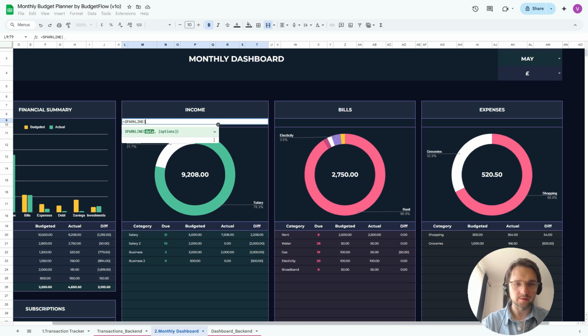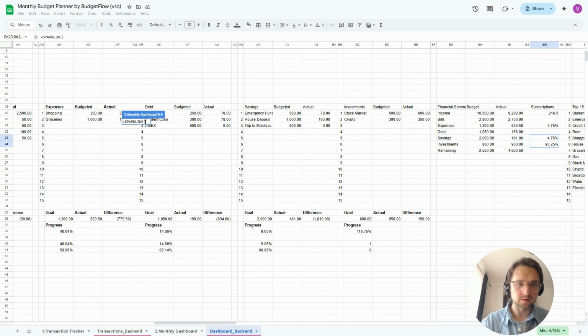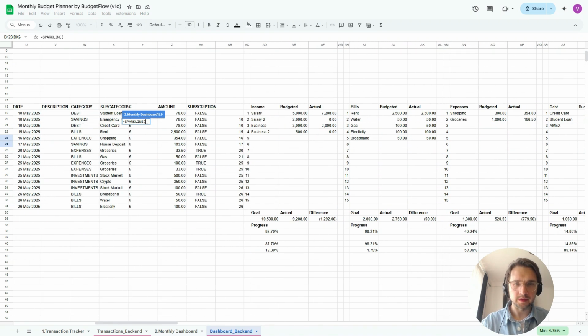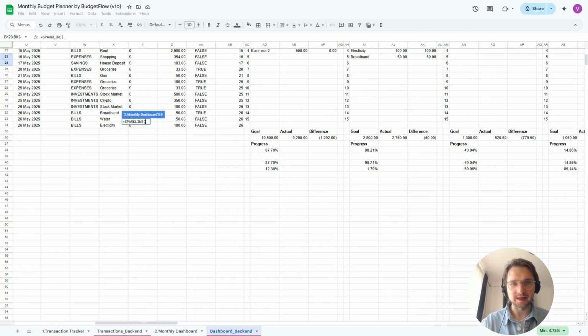And the reason why we've done, for example, this right now here. So the progress, as you can see, this is where we're going to get the data for the sparkline, because we simplified this, and this is going to be so easy. So all we need to do is select this data, which is reflecting the percentages, how much we achieved from the percentage of the income. So we've got 87.7%, and then